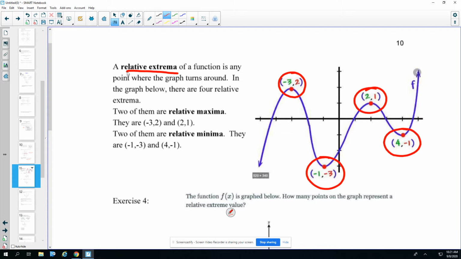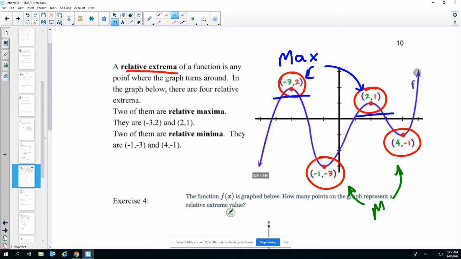So some of the questions are as simple as that. 2 of them are relative maxima, and maxima is just plural for maximum. And then 2 of them are relative minima or minimums. You could say minimums, it's just not really the proper term. So these 2 are the maxes. You can think of them like the top of the hill. Basically, it just means high points. And then these 2